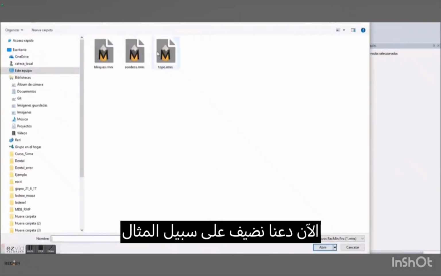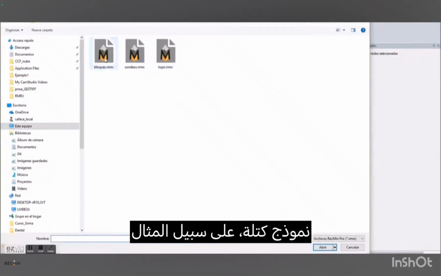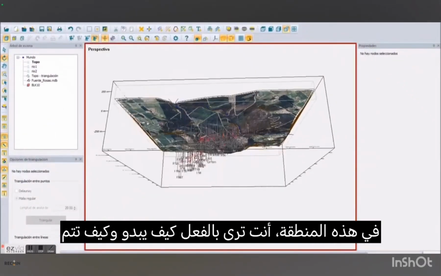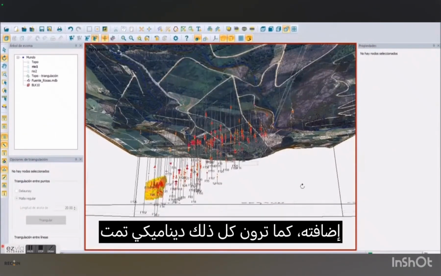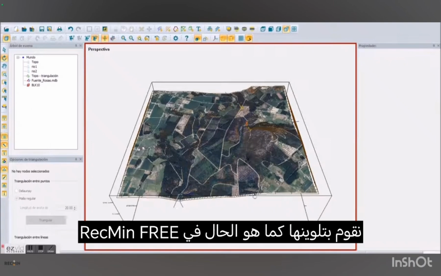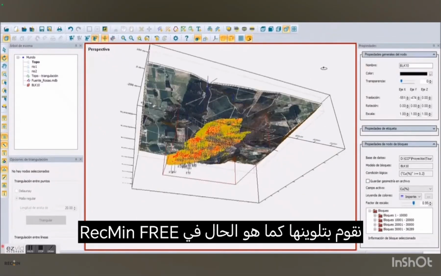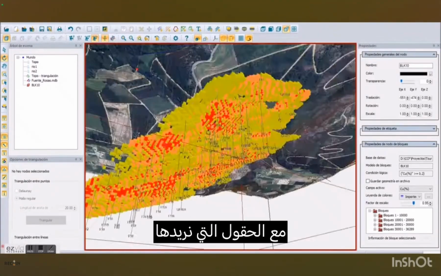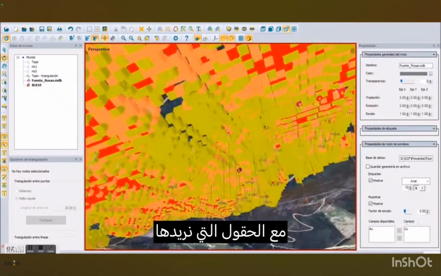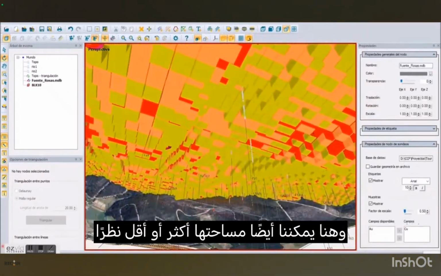Now let's add, for example, a block model. In this area, you are already seeing how it looks and how it is added. As you see, it is all dynamic. They are added there in the drawing area. We color them as in RECMIN Free, with the fields that we want, and here we can also space it more or less,